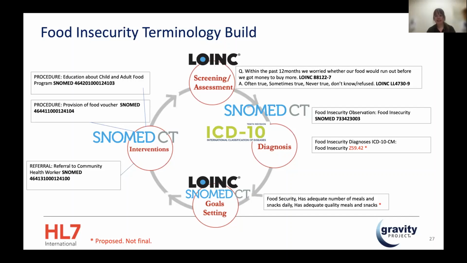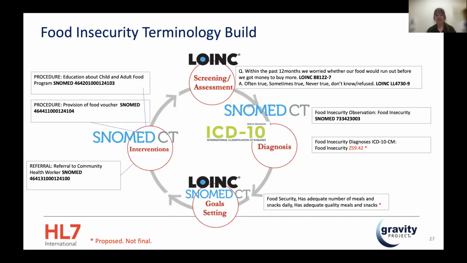Within goal setting, you have the meta goal, which would be food security. And then we broke down sub goals for the subtype experiences of food insecurity, such as number of meals and snacks daily, or quality meals and snacks daily. Again, this is aligned with the domain, because sometimes you need mini goals that are actionable. You might not help the person be fully food secure because of the heft of their daily experience and the chronicity of the condition, but you can address small things and have small wins.